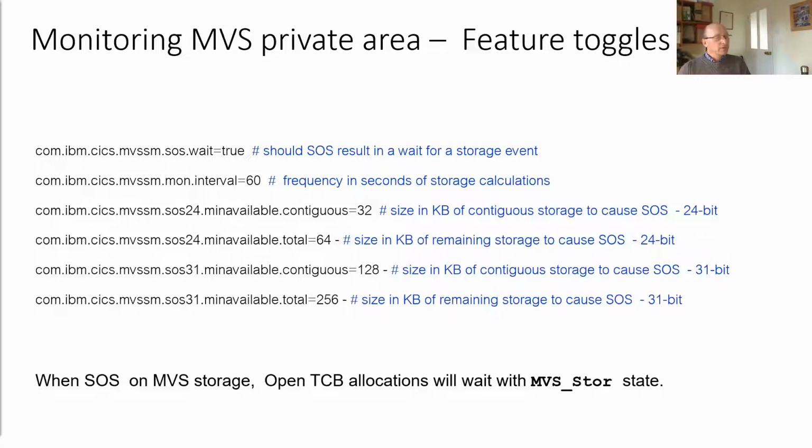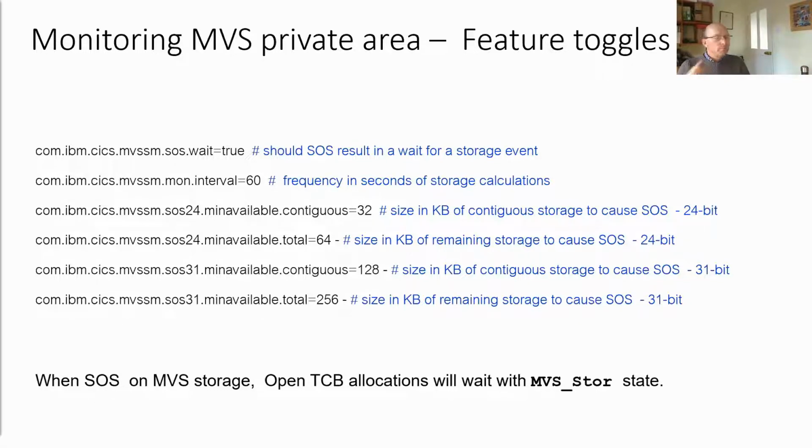And we have a set of toggles which control both the frequency of storage calculations, which defaults to 60 seconds, and then the amount of 24 and 31-bit storage areas, which are essentially storage area cushions